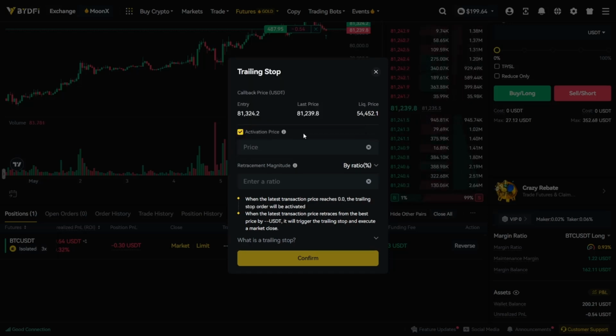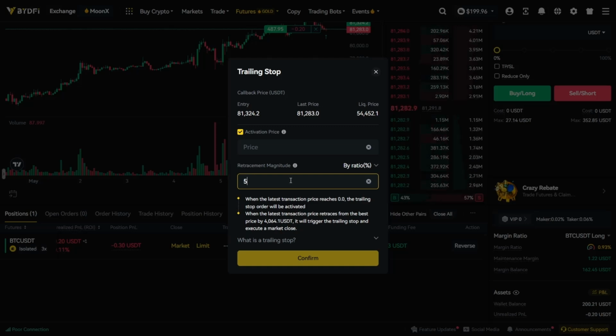The activation price is the level where the trailing stop becomes active. So the trade won't start trailing until price reaches this point. The retracement magnitude is the percentage the price needs to move against you before the trade is closed. For example, if you would set a 5% retracement, the position will close if price drops 5% from its highest point after activation. The trailing stop order is a great tool for protecting profits without having to manually adjust your